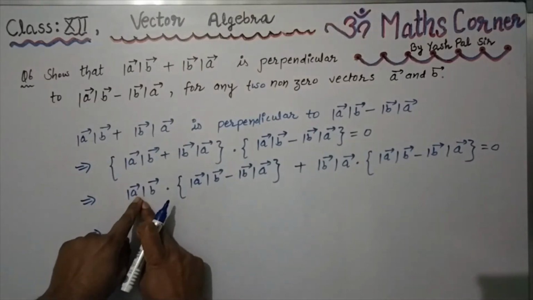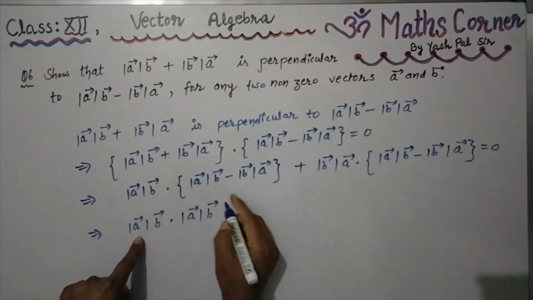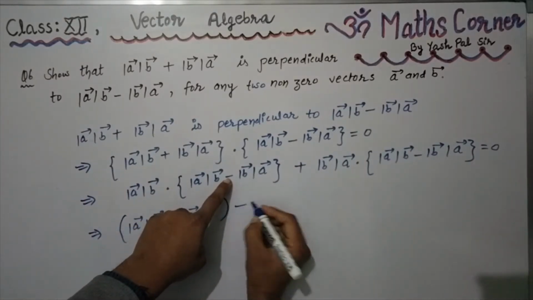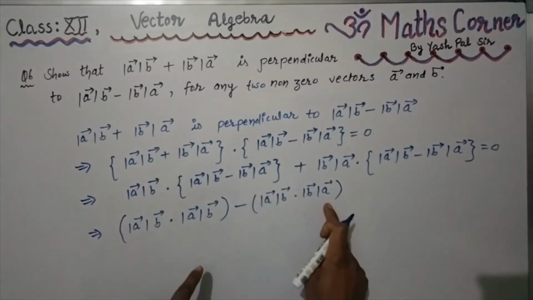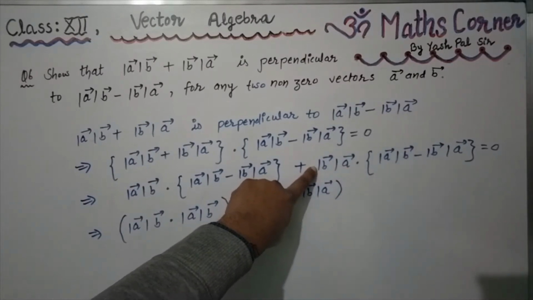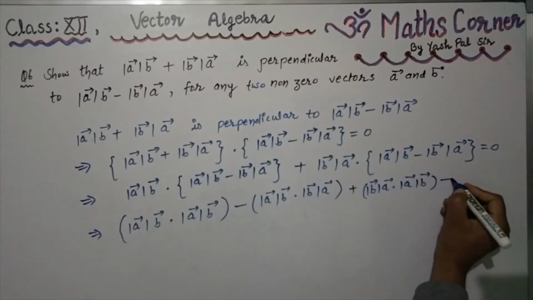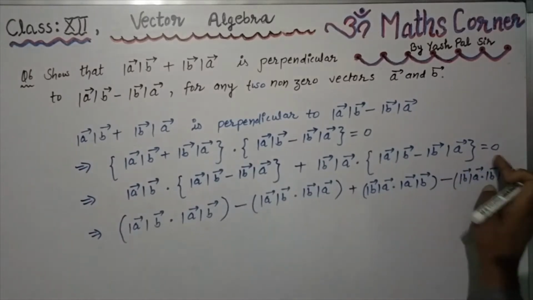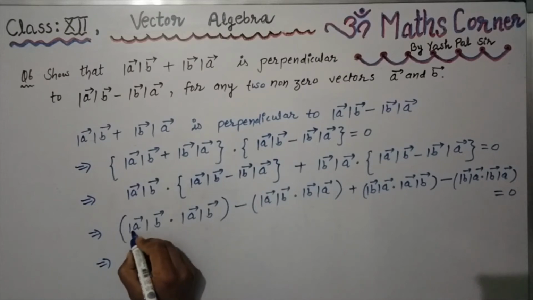Now again what we write: dot product of this first element with this first element, this first element into this first element, one bracket. Next is this minus sign, now this element dot this element this way. Now here this element dot the first element of the bracket this way, next is this minus sign, this element dot this element, and next is equal to 0.